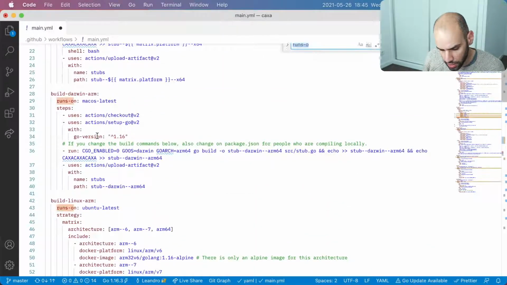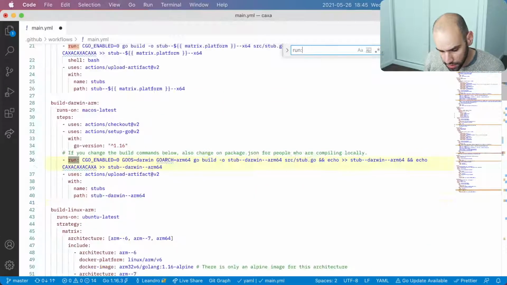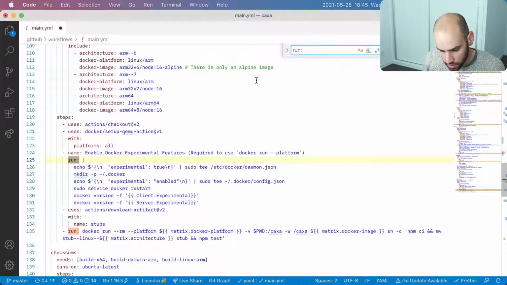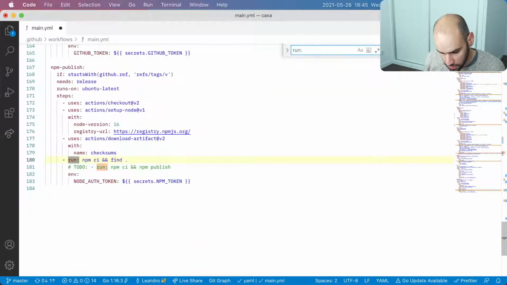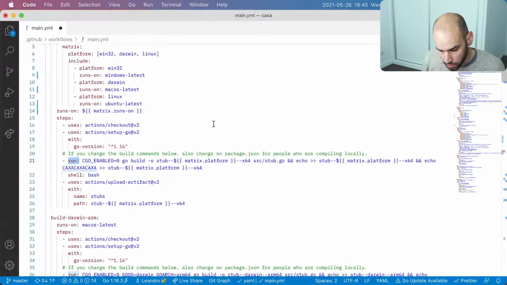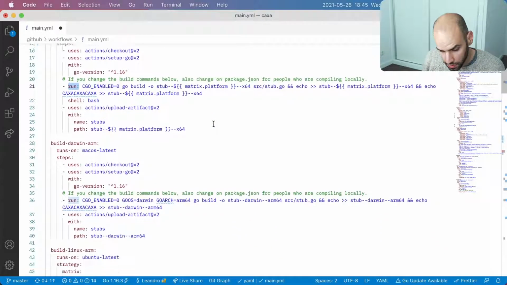And I will also check every occurrence of run, because if there is a single command, then I don't want to run with multiple lines like this. So I think there is an instance of this happening somewhere. Well, apparently there isn't. So, okay, whatever. Let's go over everything again.